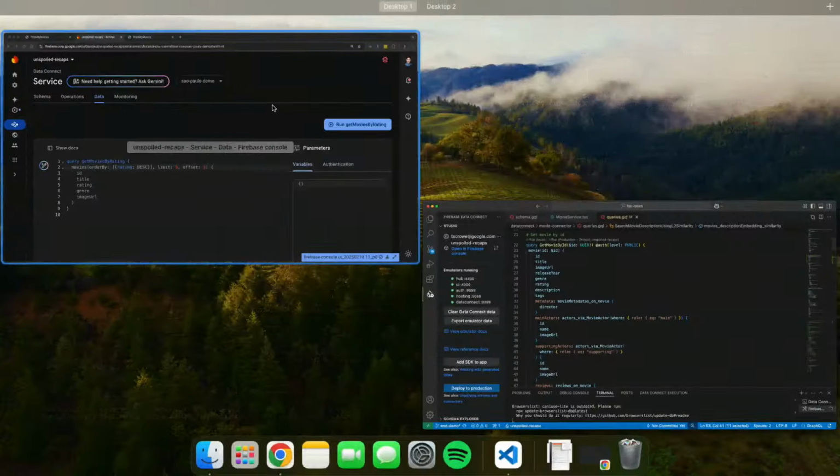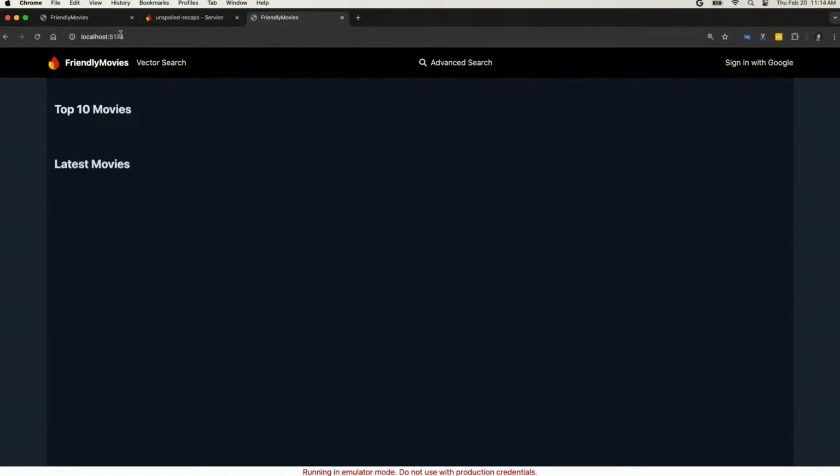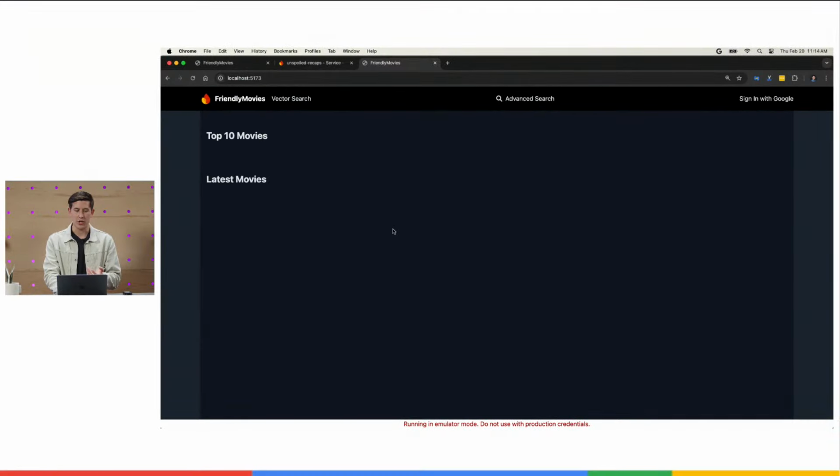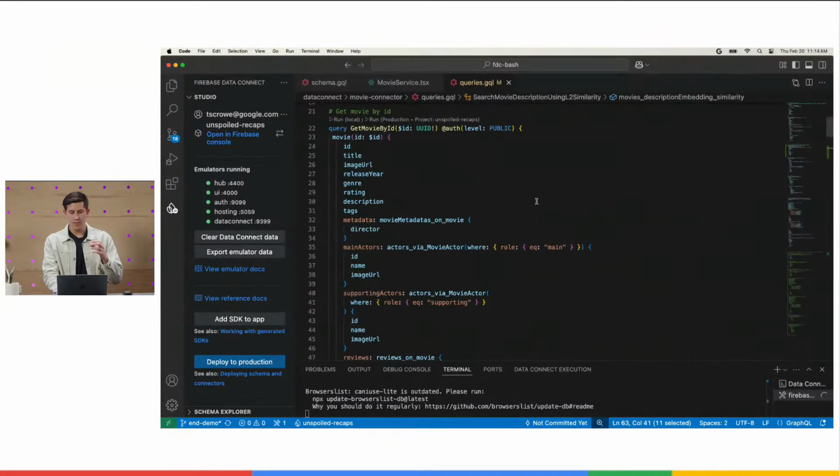So if we go over to here, we can see that I've got localhost 5173, and you'll notice it's pretty empty. So we can refresh this, and it's empty. So this is running on my local machine, local versions. And what's great is this is basically a sandbox where I get to play around, rapidly iterate on features, see what it's going to look like before I push things to production. So let's check out what kind of power we have here.